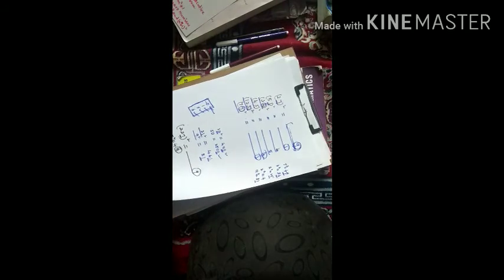Next, I want to explain about the sixth property. The difference of squares of two consecutive numbers is equal to their sum. For example, you take any two consecutive numbers: 2, 3, 5, 6, 8, 9. So these three pairs are consecutive numbers. The difference of squares of two consecutive numbers.